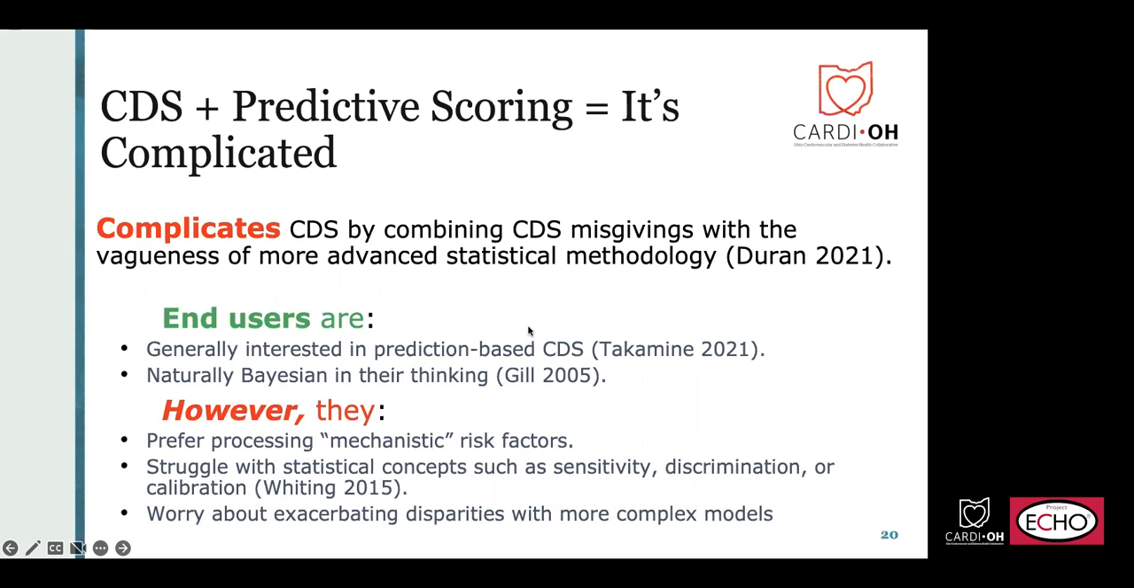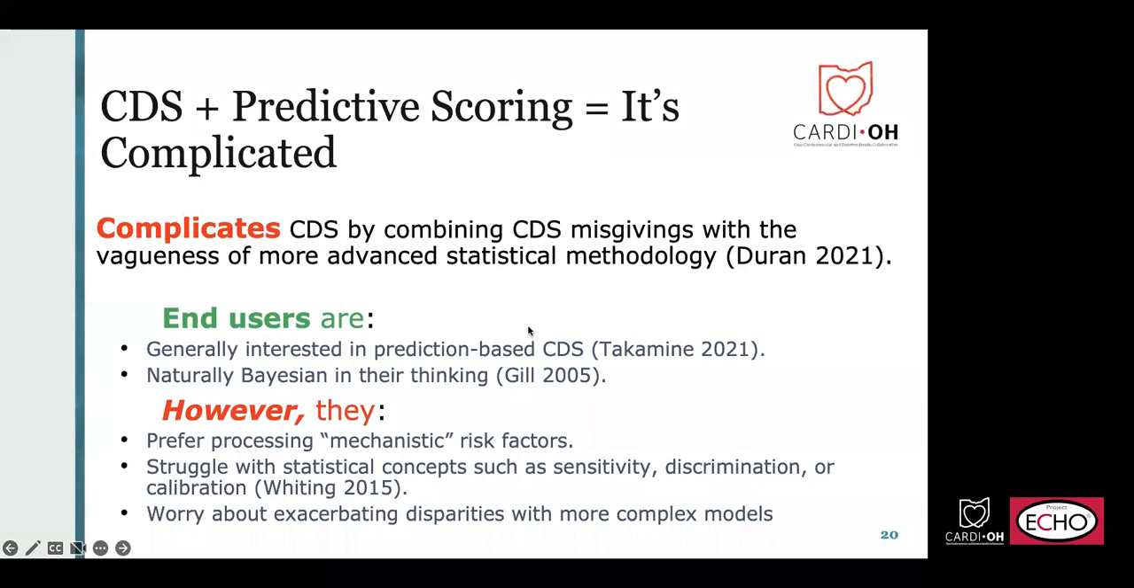What happens when you add predictive modeling, sort of like the ASCVD score, to the matter? Well, it gets more complicated, right? So you combine the misgivings of CDS with the vagueness of more advanced statistical methodology. And in general, on the plus side, right,